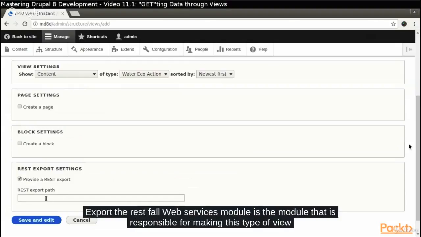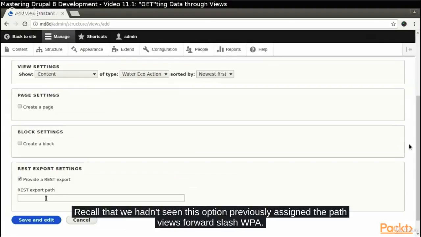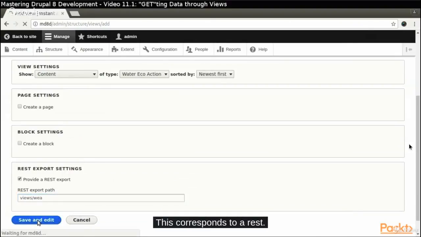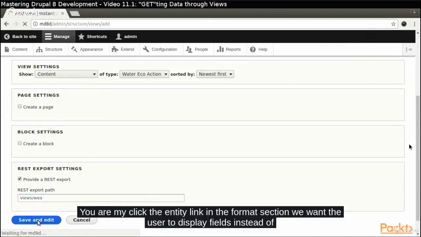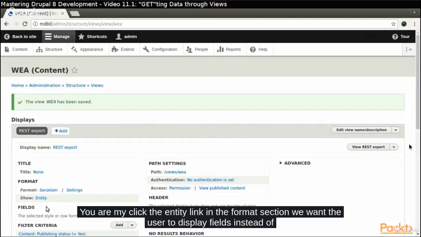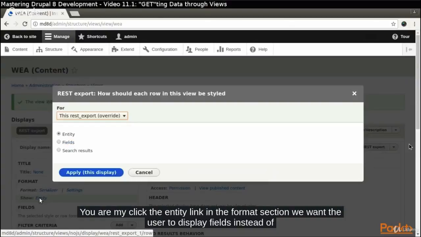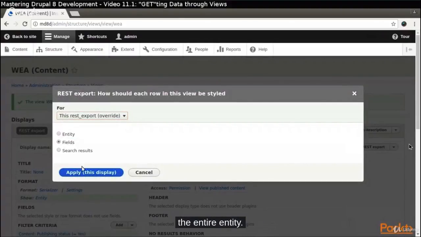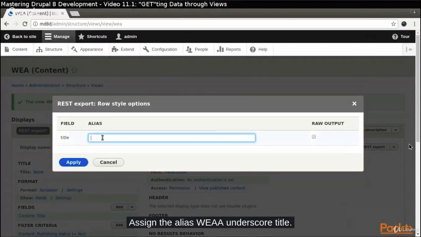The RESTful Web Services module is the module that is responsible for making this type of view display possible. Recall that we hadn't seen this option previously. Assign the path views/WEA. This corresponds to a REST URI. Click the entity link in the format section. We want views to display fields instead of the entire entity. Assign the alias